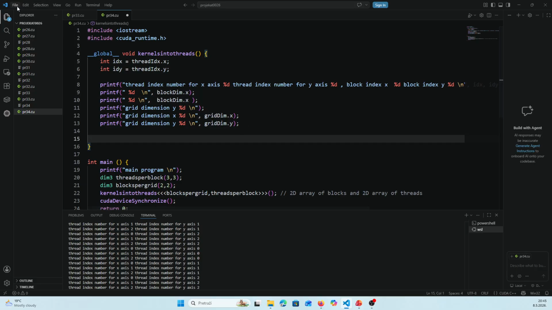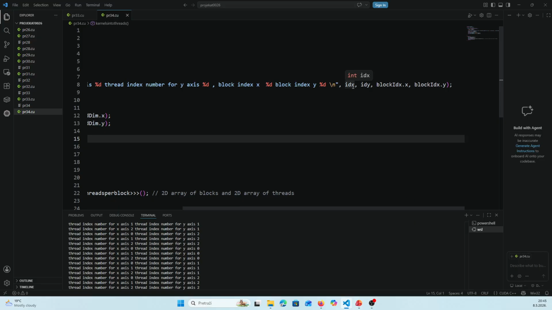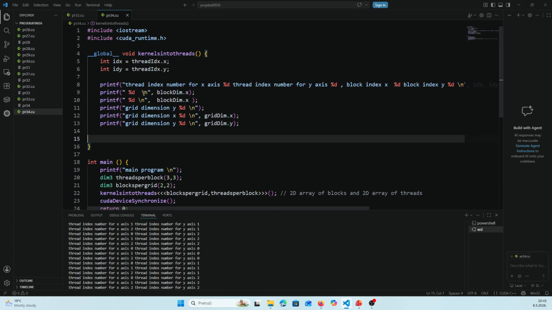Yep, everything's fine here. Let's save it and do some execution. So we are picking thread idx.x, thread idx.y, block idx.x, block idx.y in the first row, so it can be more oriented. And then I'm picking up the dimensions of the block, and then picking up the grid dimensions,